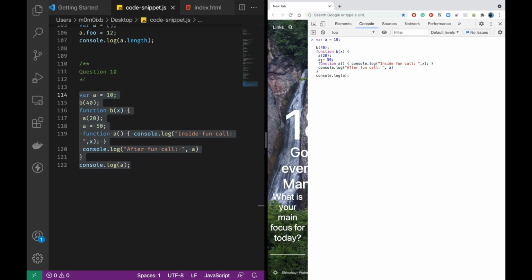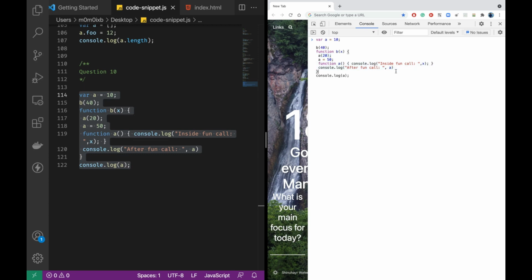So here there is a function A, which will basically get hoisted to the top. First it has A is equal to 50, so that is the thing. We are assigning the value 50 to A, but before that this function A will get hoisted, and then we are calling A immediately.